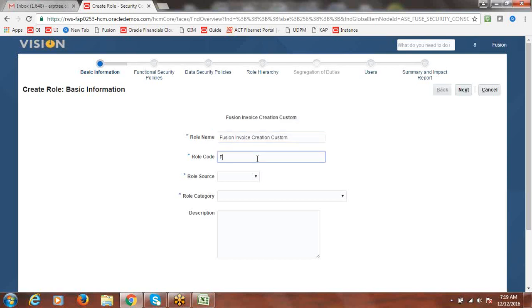Here we have to give the code: Fusion invoice custom.